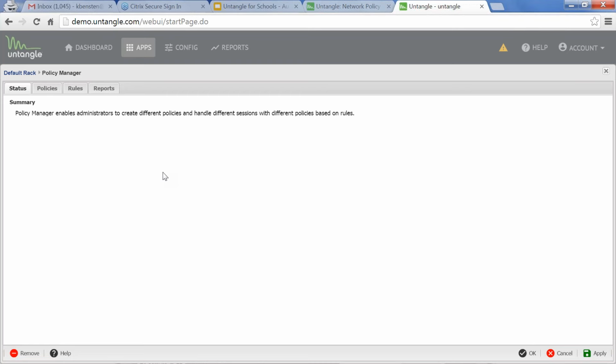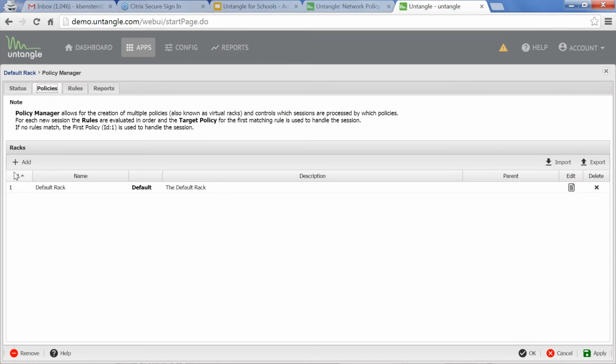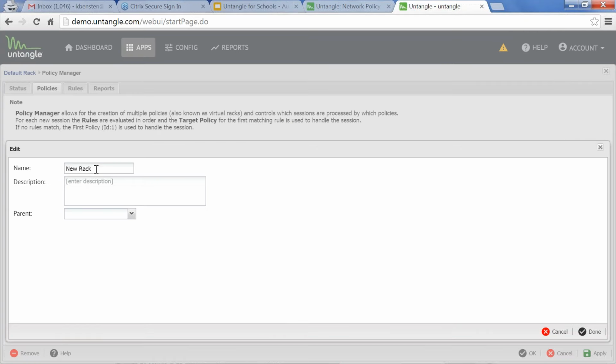In Timmy's case, if Timmy's a problem child and you have to constantly manage his access, Timmy can have his own rack and his own set of rules. Again, that's a use case for a very small school, but the idea is the same. So setting up policies is very simple. You would simply add a rack here, whether it be teachers versus students, and then you set up the, if I can spell correctly, sorry. Teacher versus student, you would add your description here based on their limits or their access.